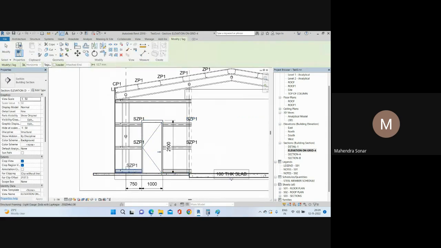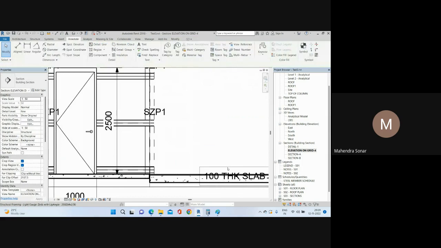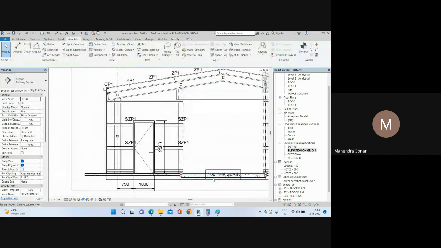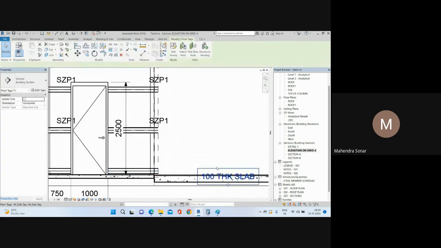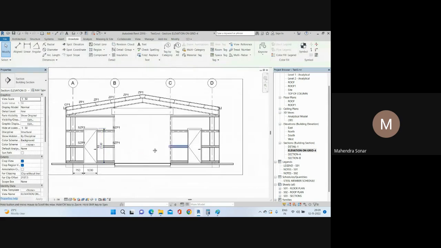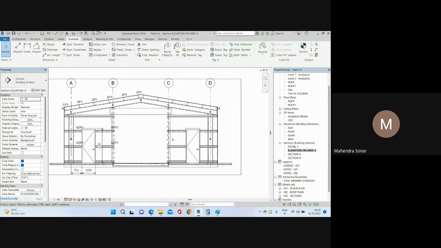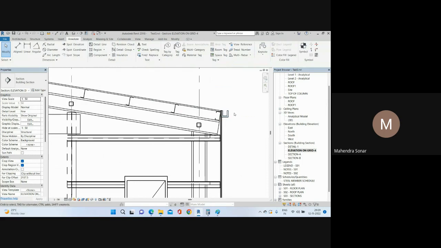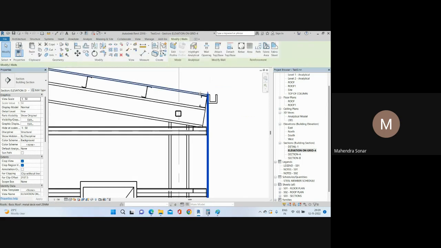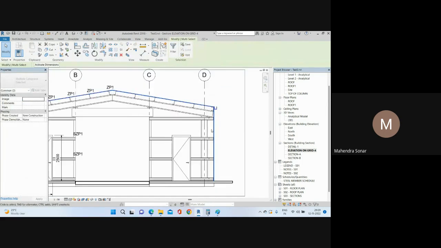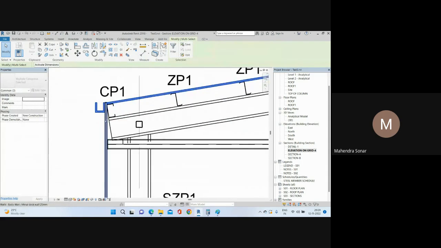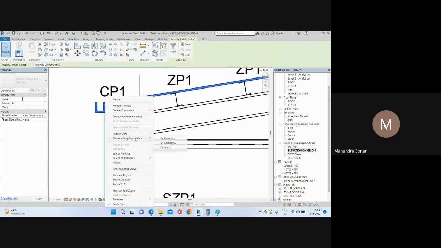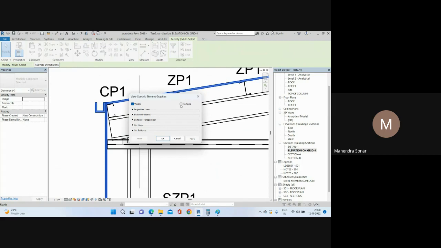Then here, no need to give the slab thickness. We are showing the slab thickness only in plan, right? But you need to cover all those tagging. Then you need to indicate here gutter, and first of all, just convert all those things, side wall, into the half tone. Okay, then you can make your member visible,